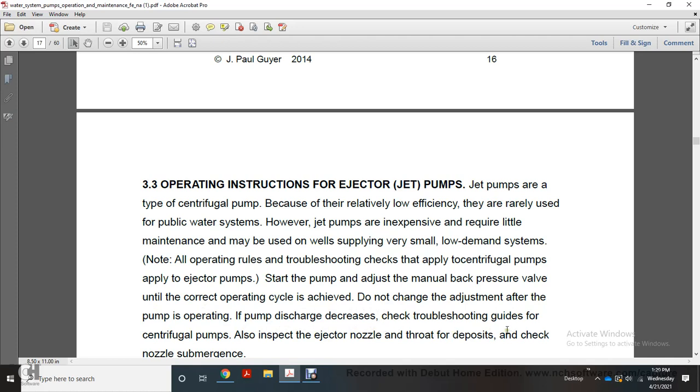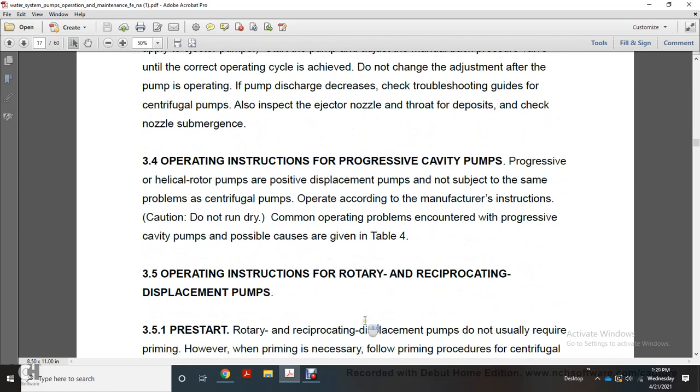The injector nozzle through the deposit check for the nozzle submergence. 3.4 Operating instructions for the progressive cavity pump, which has helical rotors, a positive